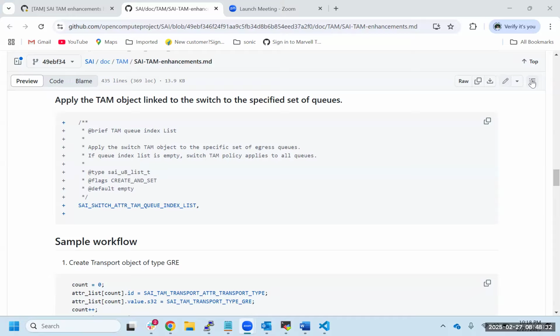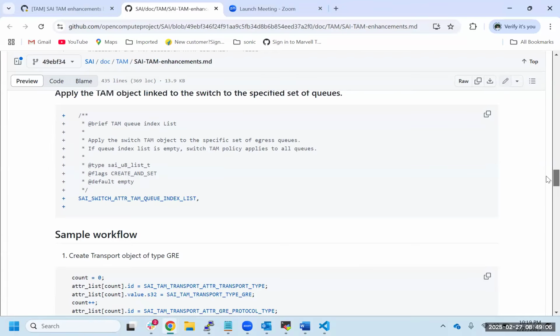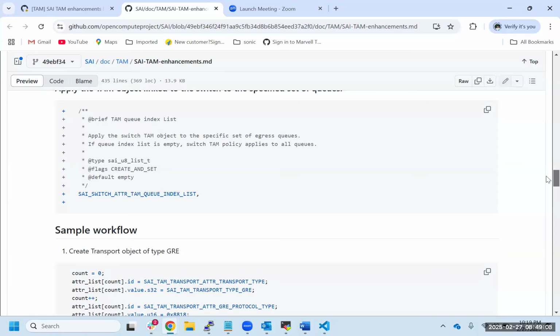Two things we can do, Jay. We can have the same HLD, address the microburst thing, change it to policer, and just take out the size switch at a TAM Q index out of this. Do everything else, let it go. And the size switch at a TAM Q index list, we could create as a new follow-up PR. Is that fine, Jay? Is that what you meant? Yeah, that's what I meant. Just raise a different PR for this, if you don't mind. Okay, can do that. I think that makes sense.